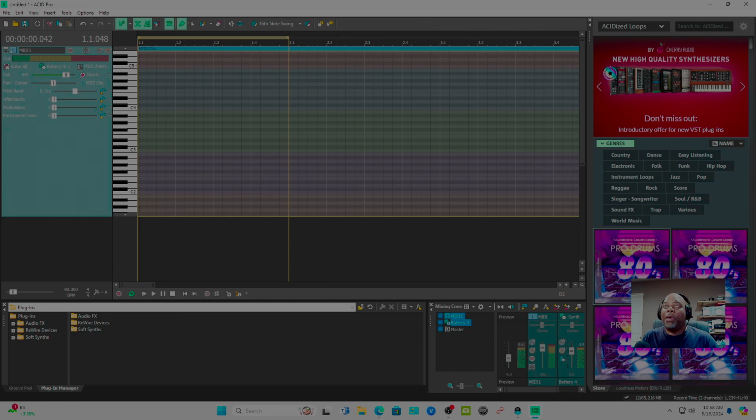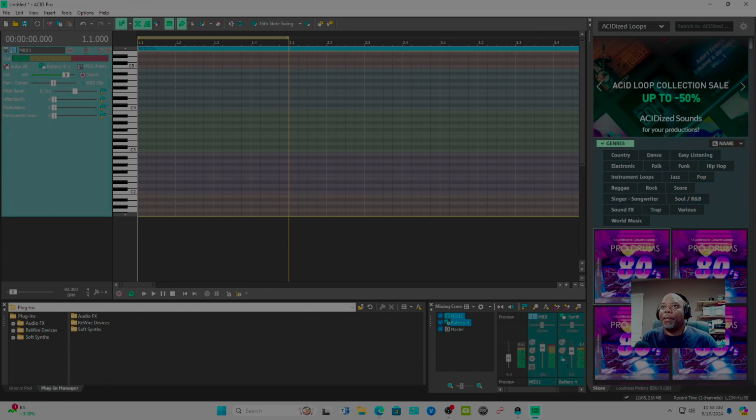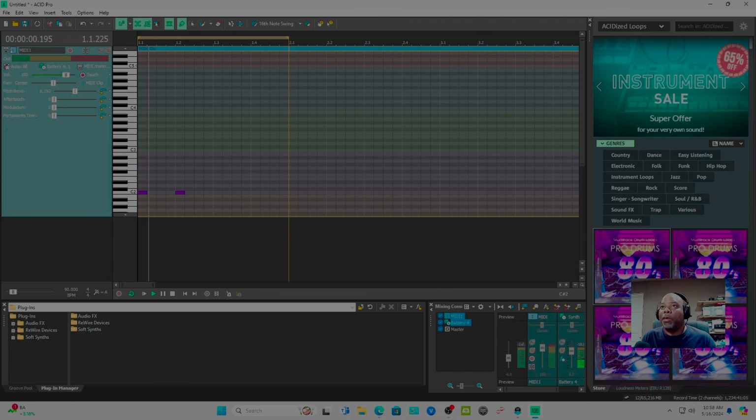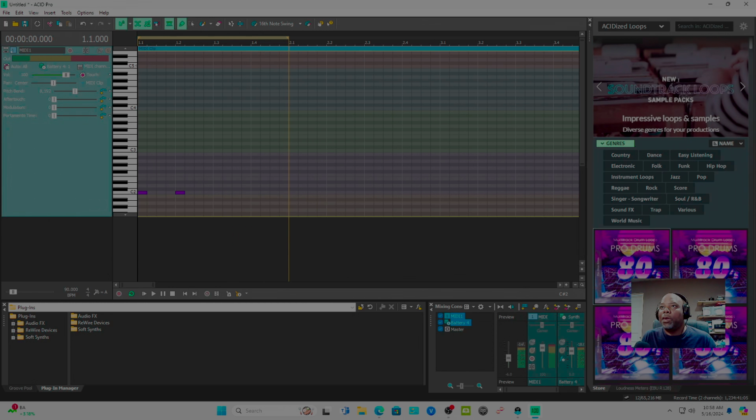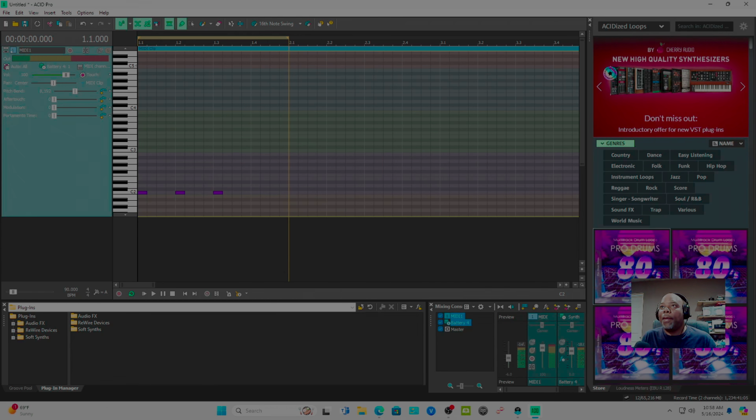See, clicking on the keyboard gives you a good, decent sound, right? But when you play it on here, it's real faint. And the mouse is like low key off. So I'm just trying to make one quick beat.